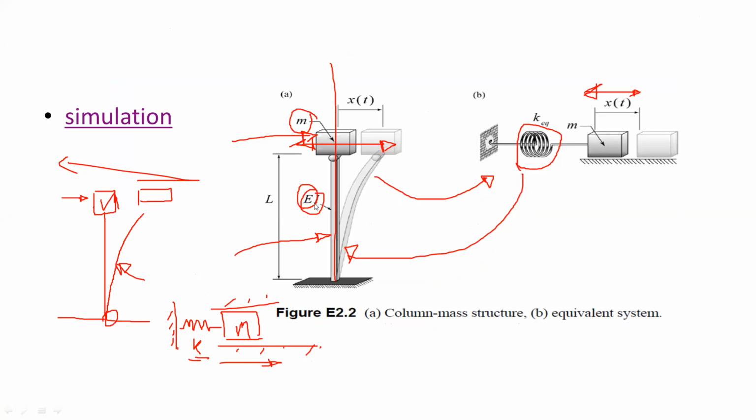So I hope you have understood the concept of physical system and its equivalent vibration model. To draw the equivalent vibration model, you need to identify the mass element within that system and the spring element, because every time the spring element will not be directly visible like a simple spring mass system. So for the given physical system, by observation or by imagination, you have to find out the mass element and the spring element, and then you can draw the corresponding equivalent vibration model.